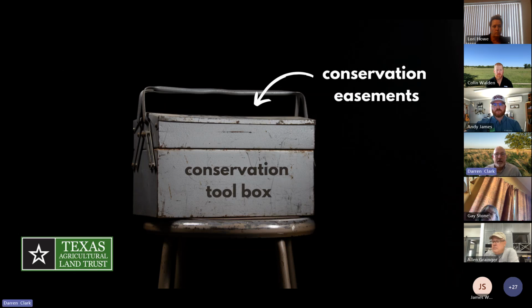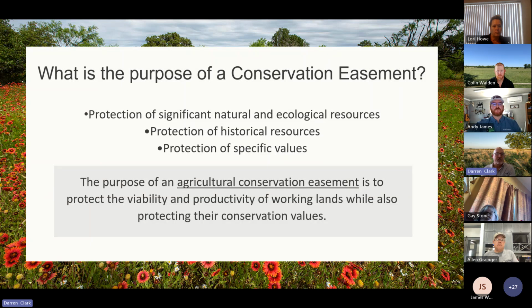So I'm going to pause right here, and I'm going to ask Andy to pick it up and move forward with the purpose of the conservation easement and then also the steps that are required from start to finish to get it closed. Good deal. Yeah, thanks, Darren. Take it from here. So yeah, you briefly touched on this purpose of conservation easements early on,